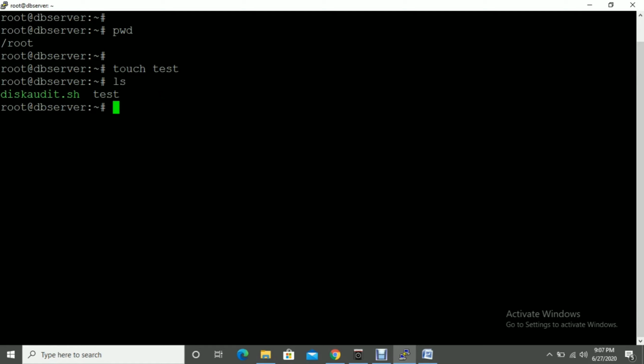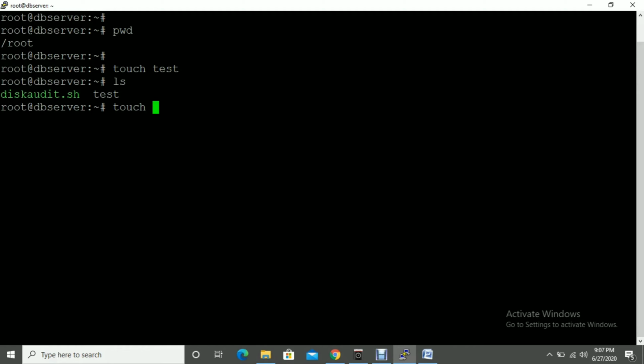Now suppose you want to create four files at the same time. You have to use touch again, then the command and the file names.